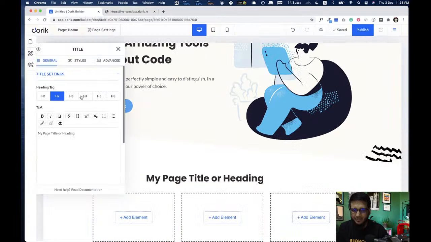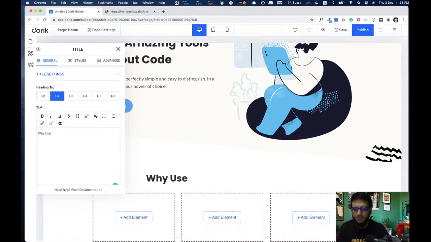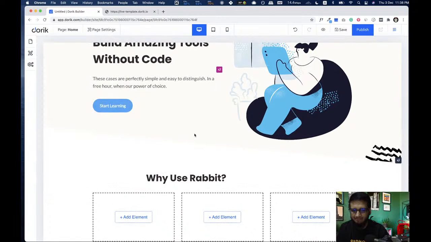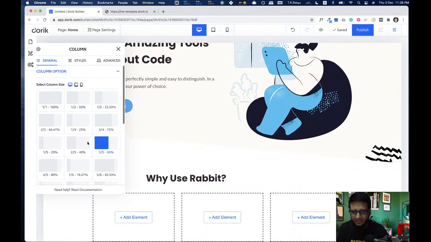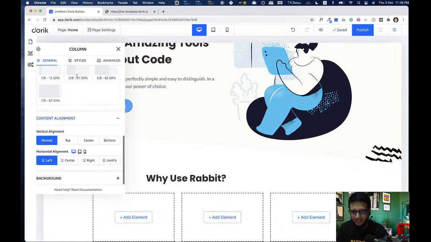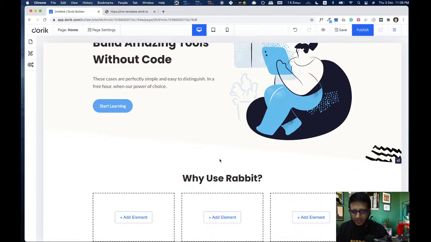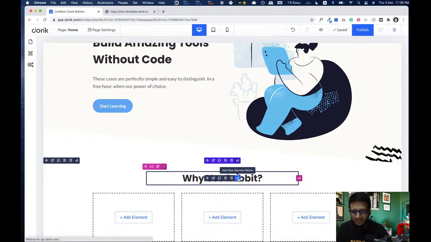So let's see if we can type. Okay, why use Rabbit. Okay, so we are going to align it to the center. We can align all the text inside a column from here, so we don't have to align other text later.